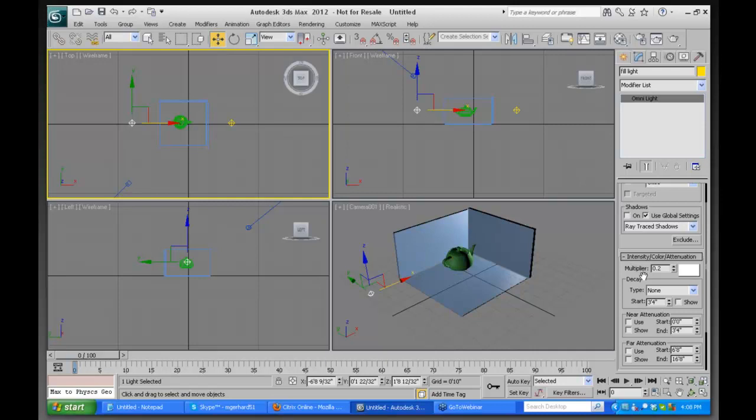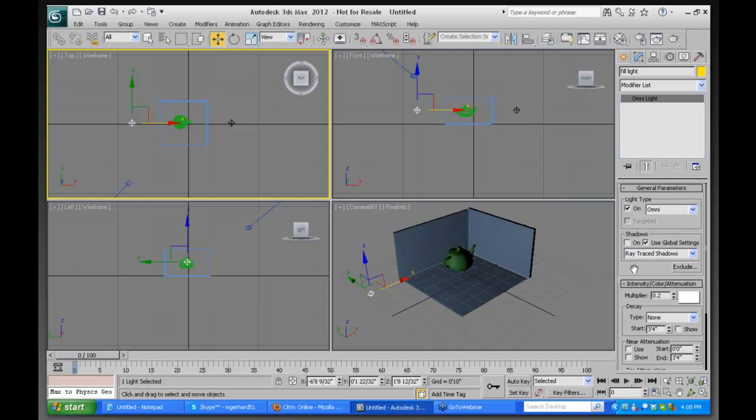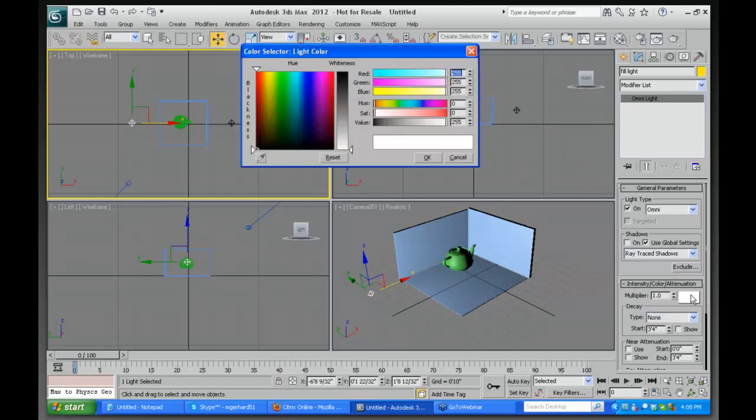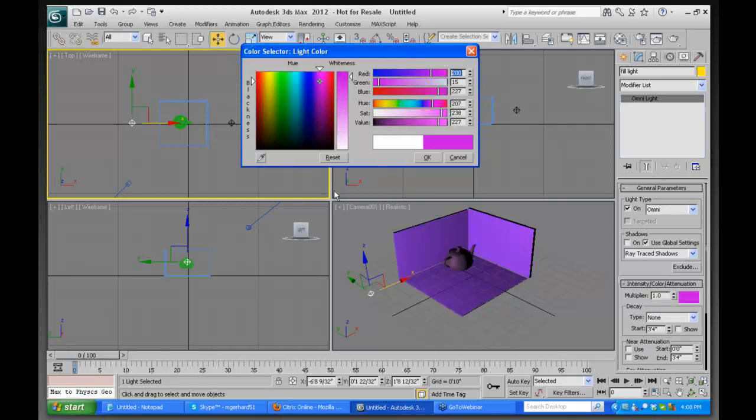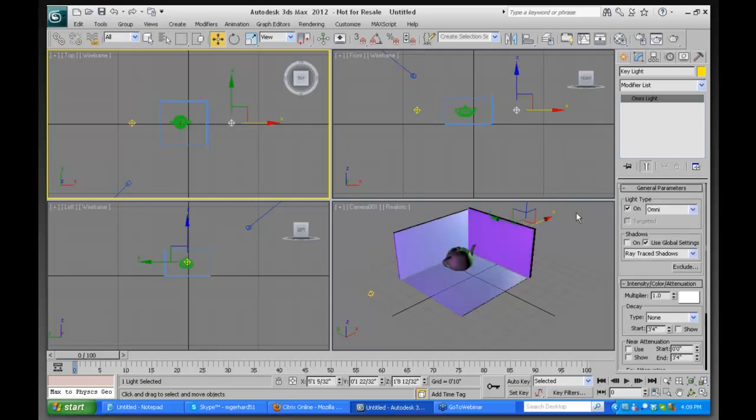In the same rollout, I can add color into the light. Now I'm going to take this other light and turn it off temporarily so that we can just see the effect from one light. This light I will add a full multiplier, set it to 1, and left click and add some color to this. Here I've added a bright pink color to it, and now we can see that the light color is being added. This light comes back on, and now we can see the full effect of this light is showing